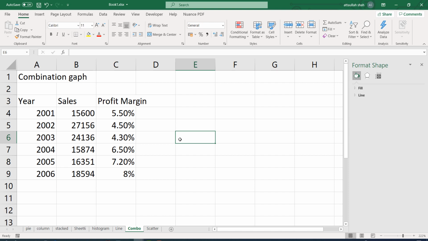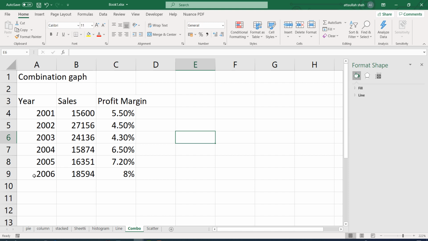So from 2001 to 2006 we have a series of revenues, and then we also have the profit margin in each year. Remember, the profit margin is equal to net income divided by total sales. So it shows how much we have earned per unit of sale, per dollar of sale. So 5.5% means if we have sold something for 100, we have earned 5.5 rupees in those 100.